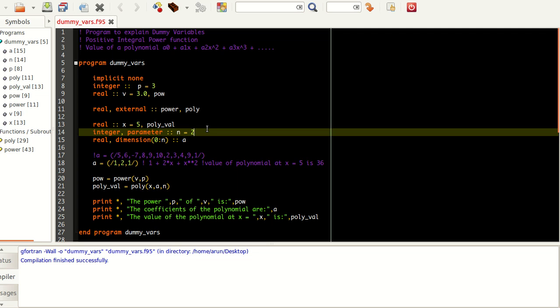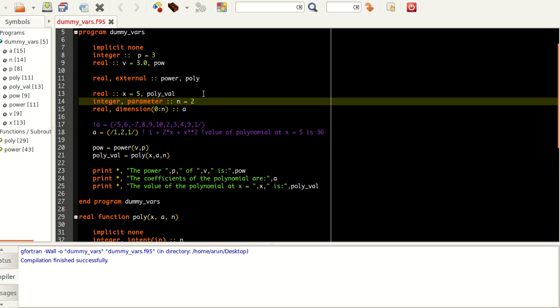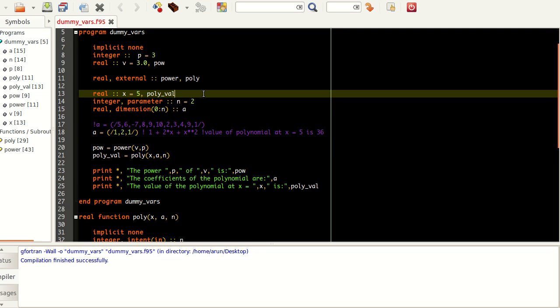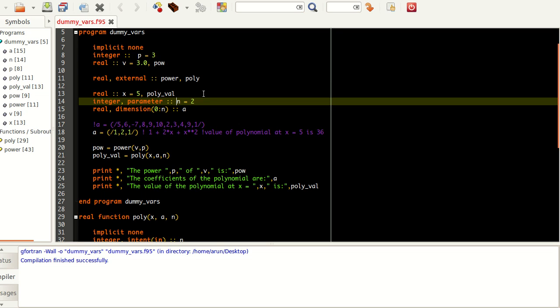Now, in this line I set the value of x to be 5, and poly_val will have the polynomial value at the end. And we are going to define an integer parameter called n equals 2